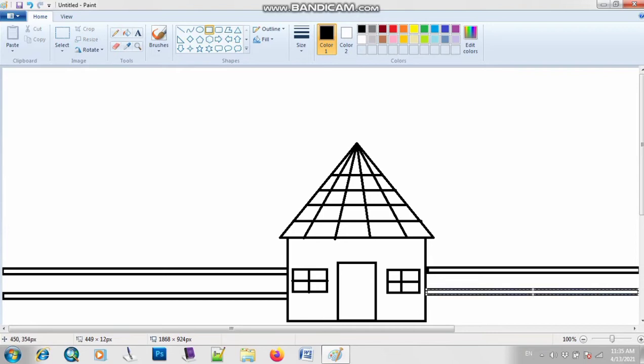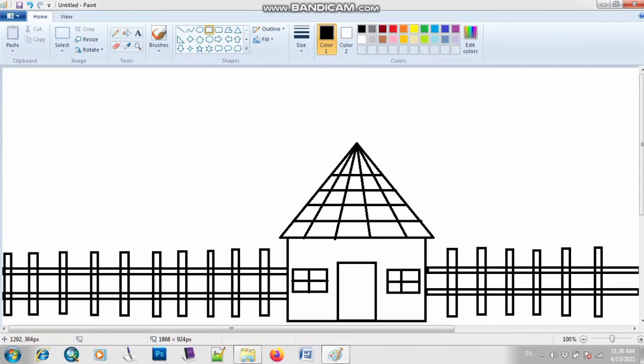Now I will simply draw some more rectangles over here. Simply I am using the rectangle shape. So in this way you can add multiple shapes. In this way, as you can see, I have completed all my shapes. It will take too much time, so I simply draw these kinds of rectangles. Now we will draw some clouds.